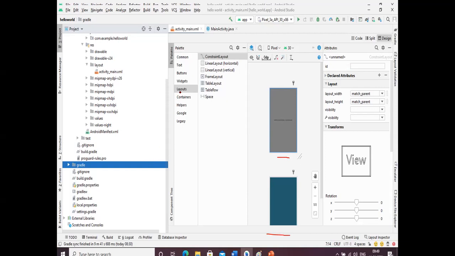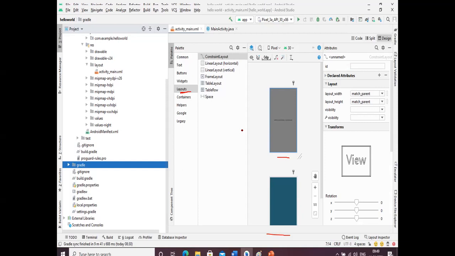Here is a layout. Just by clicking this layout, you can edit your layout, and the activity main.xml. After clicking on activity main.xml, you can edit your layouts. Here you can also drag outlines for your application, and drag some features. You can write any amount of code for your layout design, so you can do many things with your layout design.